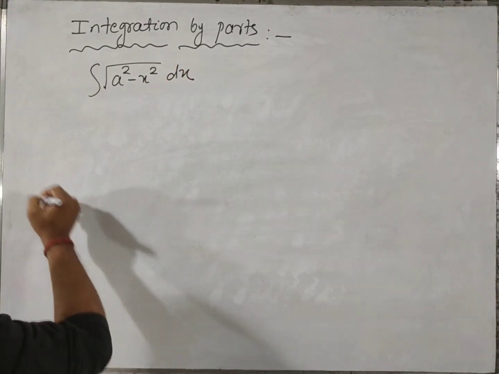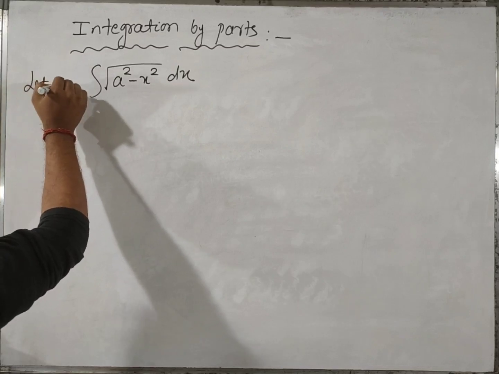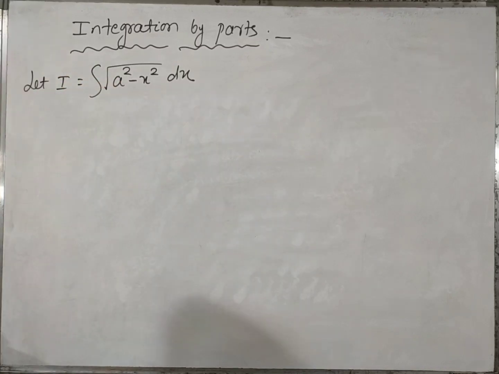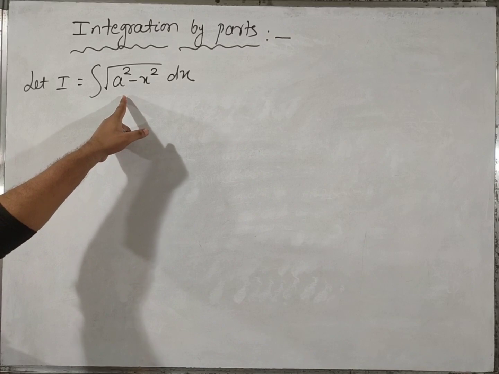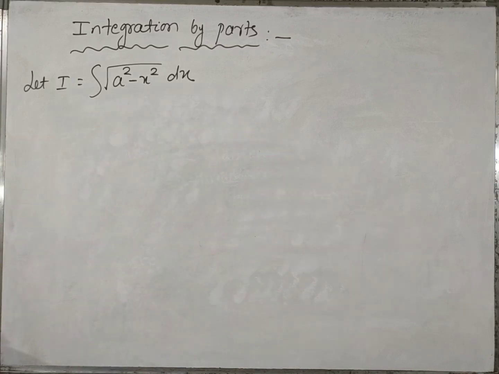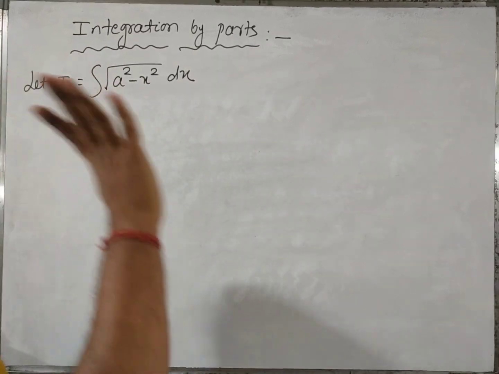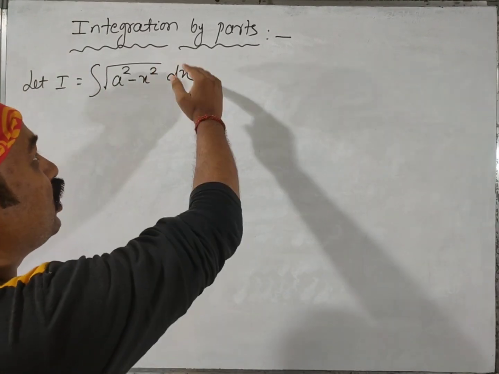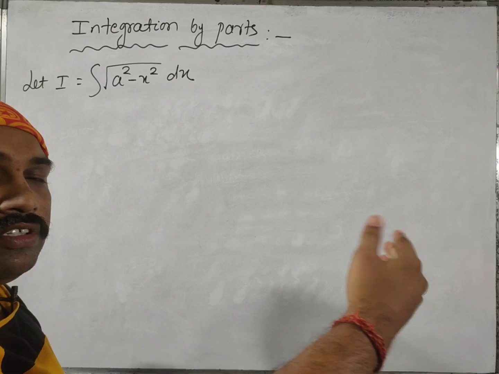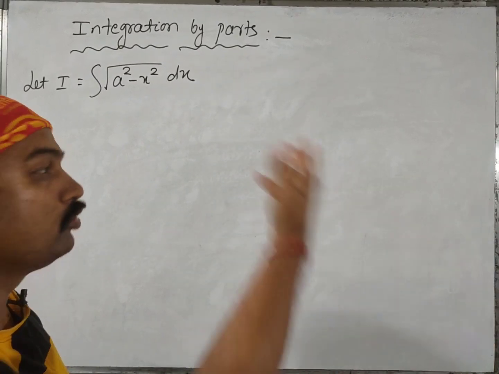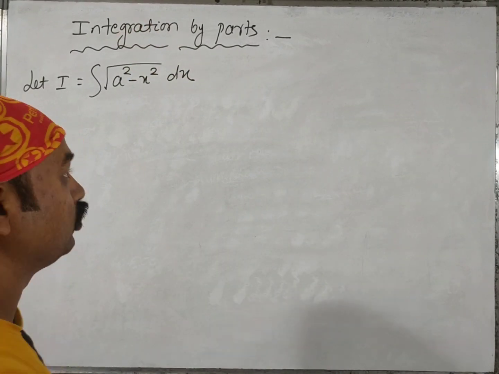So let us consider I is equal to the integral of square root of a square minus x square with respect to dx, and you can see that this integral contains a single function, but integration by parts is based upon the multiplication of two functions, so there is no second function. So consider,